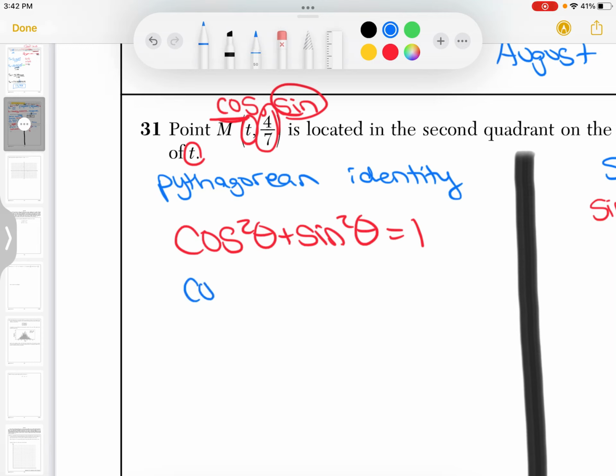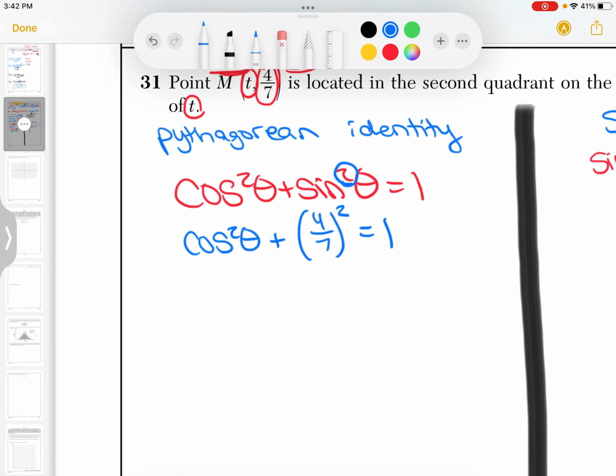So since I know that sine is 4 over 7, that's what I'm going to plug it in for. This is going to stay cosine squared of theta, and sine is 4 over 7. Now, sine is 4 over 7, but this is sine squared, so I'm going to bring down the squared, and that equals 1. So the first thing I'm going to do is actually square that. It's cosine squared of theta plus,